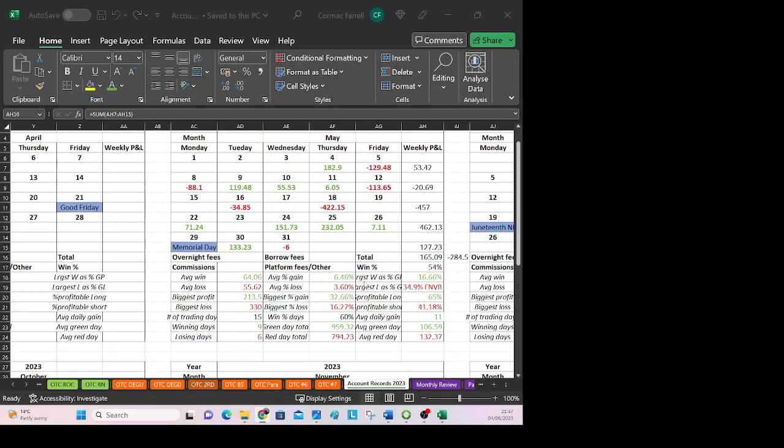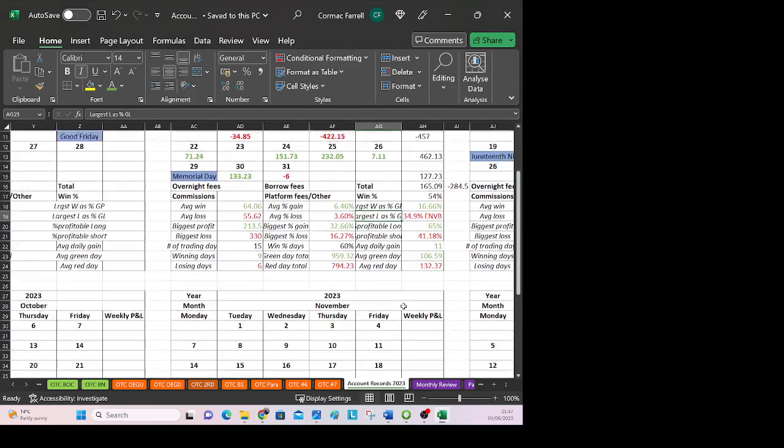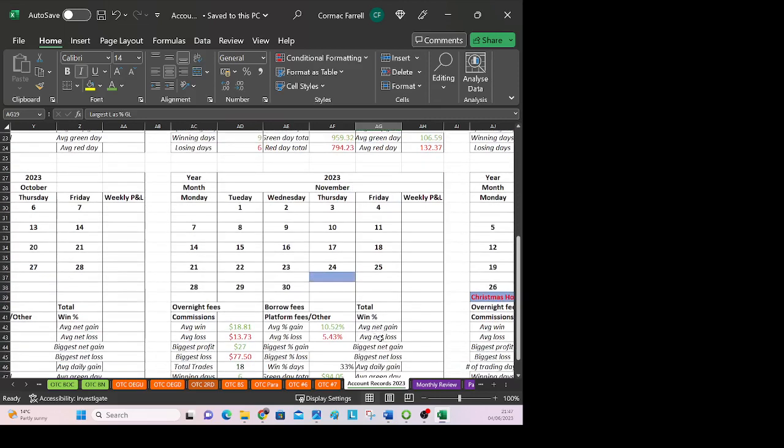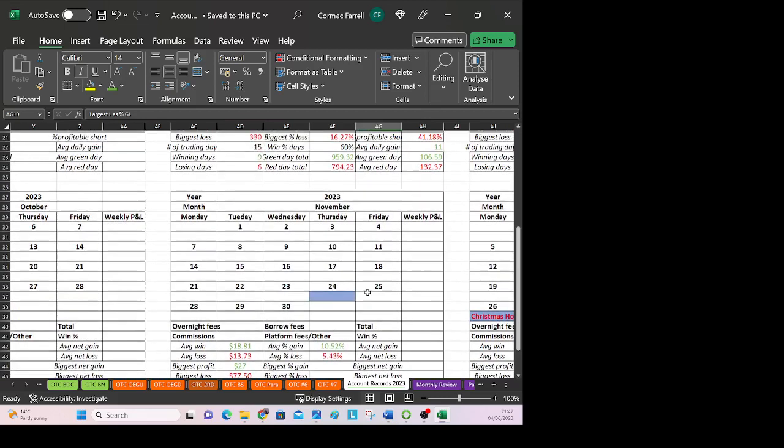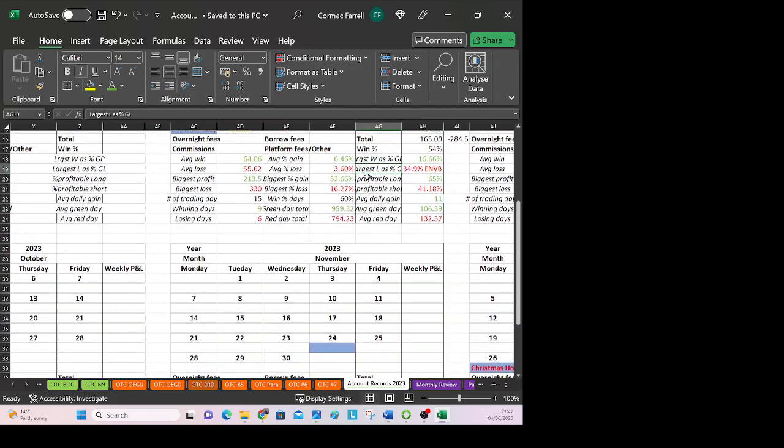I got rid of some of the net figures down here: average net gain, net loss. I don't really think I need to know that so much, and I put in some information from Profitly,